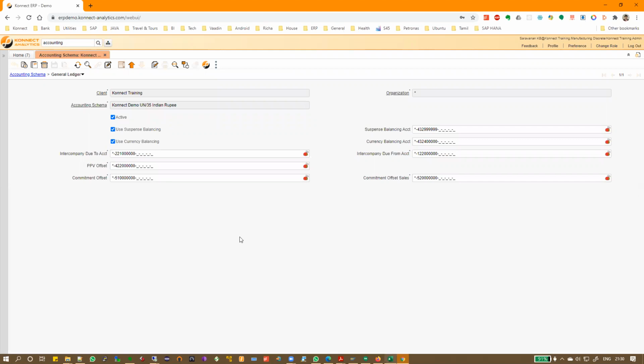This has the basic accounts, which are called suspense balancing and currency balancing. The suspense balancing account and currency balancing account basically mean that if you have multiple currencies and there is a forex difference, the difference should be posted to a particular account. And suspense balancing means that whenever there is an unknown or miscellaneous transaction and you don't know where to park it, automatically it will book it under suspense. For example, you are moving goods from one organization to another, or inter-organization, some things like that.